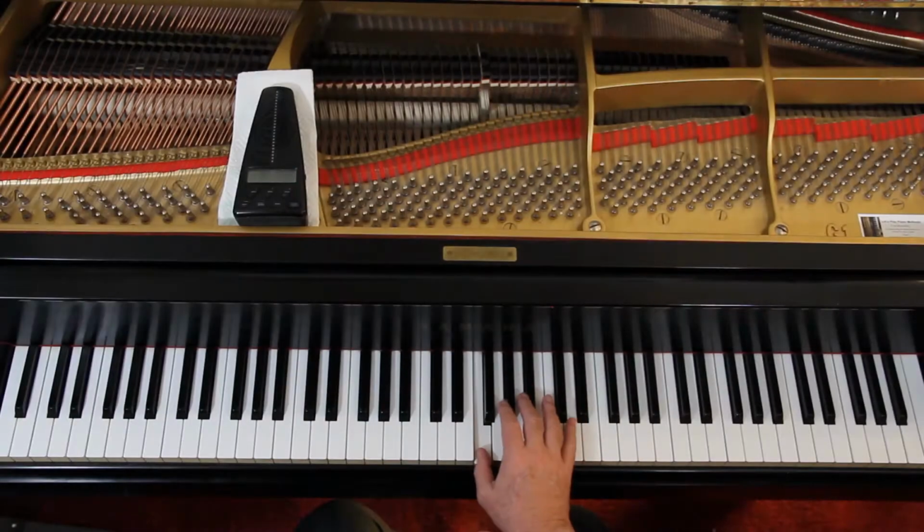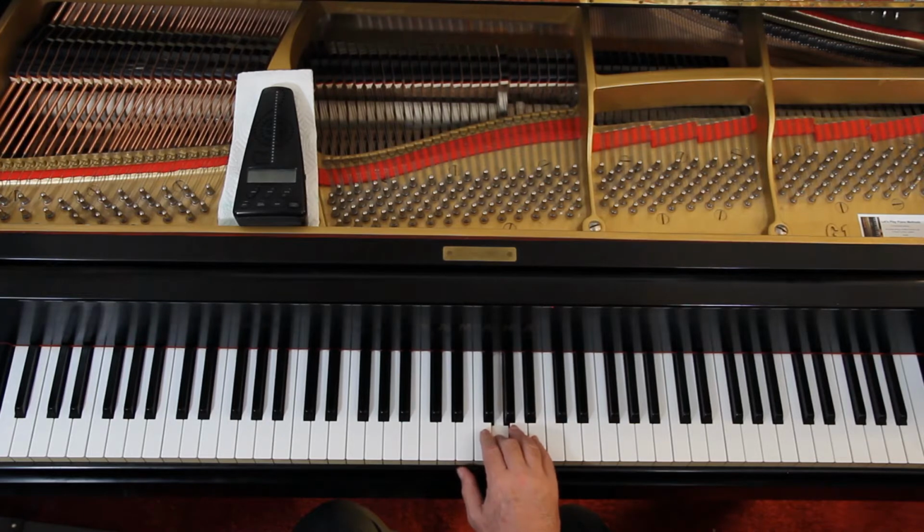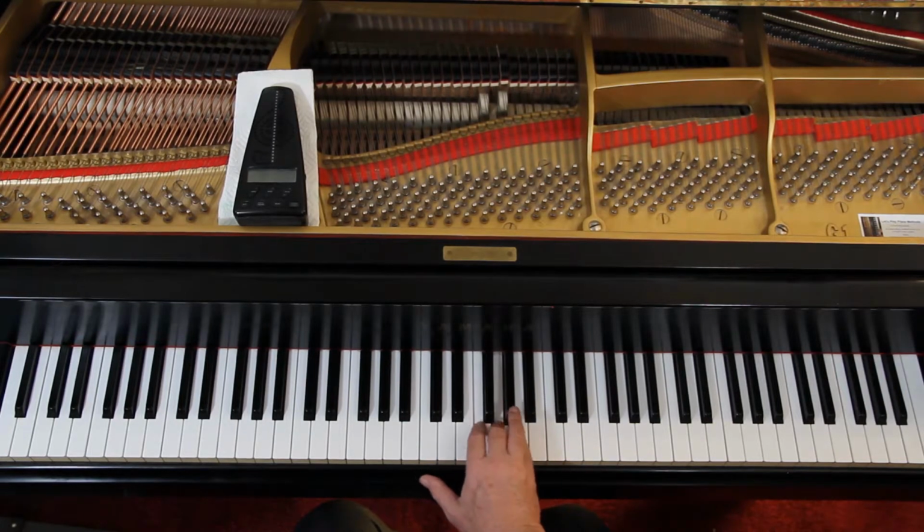We have a dotted rhythm. 1 and 2 and 1 and 2 and 3 and 4 and 1 and 2 and 3, 4 and 1 and second finger now. Reach up and then F and thumb still here, and now come down third finger. Scrunch up a little and 2. Scrunch up again, fifth finger,